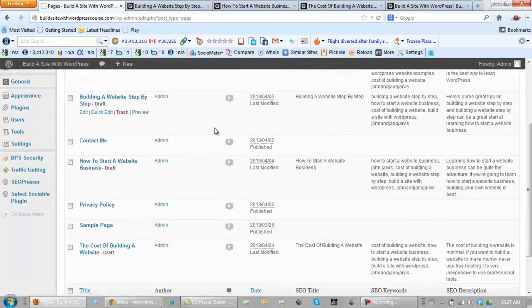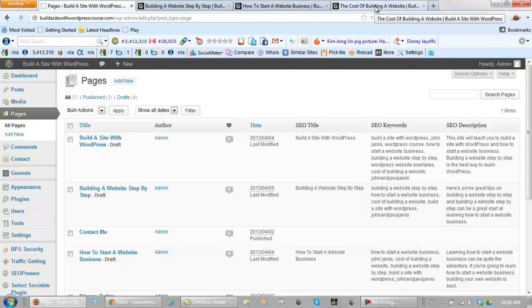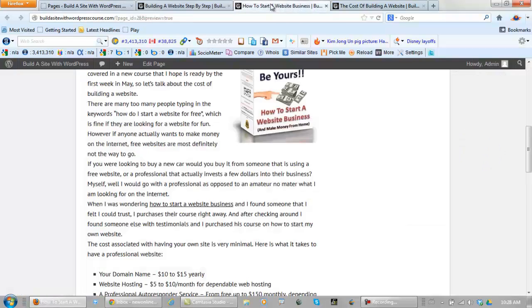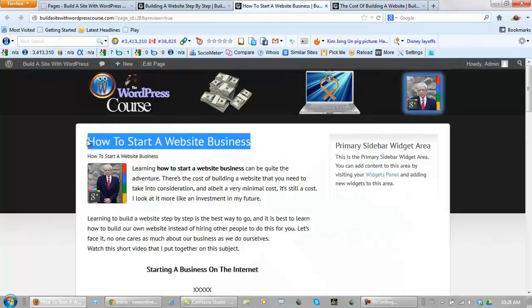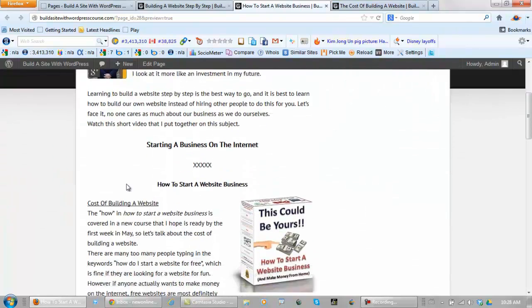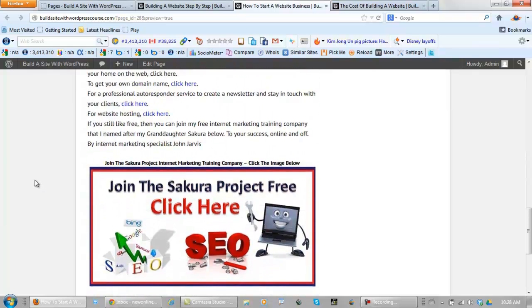step by step, how to start a website business, and the cost of building a website. I have decided out of these 3 pages, building a website step by step, how to start a website business, and the cost of building a website are going to be the 3 pages that I point at the home page. And what I want the home page to be is going to be how to start a website business. It's the people that type those keywords in that I feel are going to want to spend money on starting a website business. And what I'm going to be doing is giving people away free things to get them on